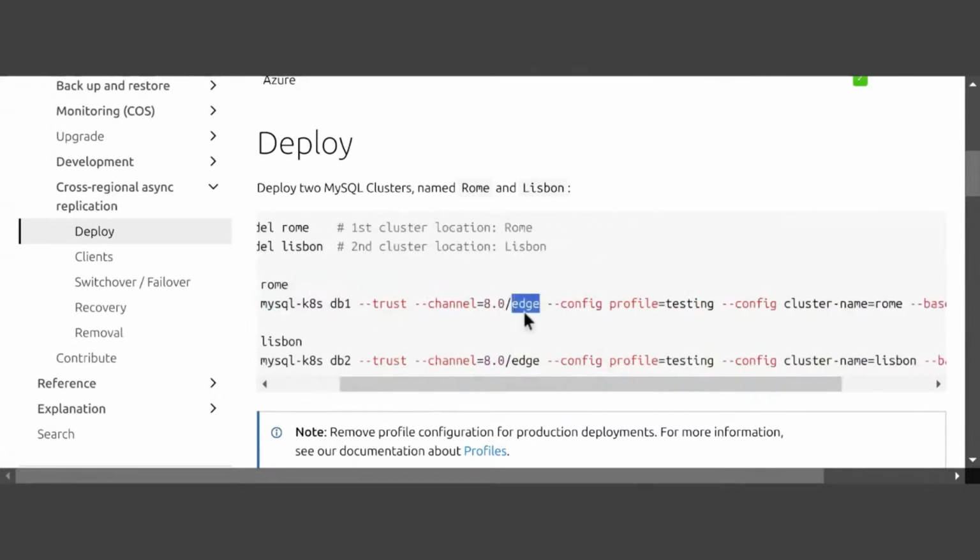Obviously, if you are going to play this in your customer-facing environment, you need to use this stable one. Config profile testing: I recommend keeping this for your own laptop, like when you are playing on your laptop, because it will reduce the resources consumed. But obviously, if you are running in production, then you should